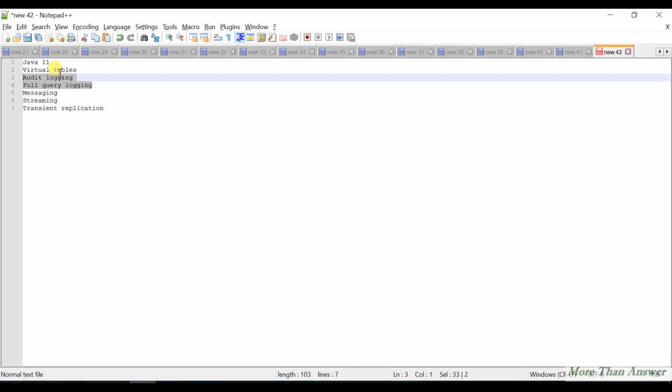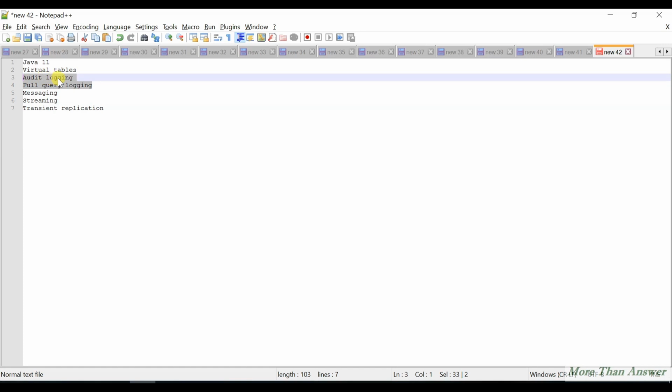So which user is running which query, all those details we can see in detail in audit logging and full query logging. If any failed transactions or anything happened wrongly, that also we can